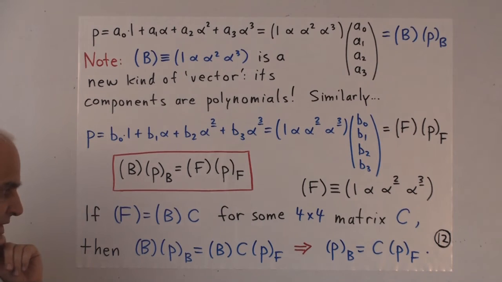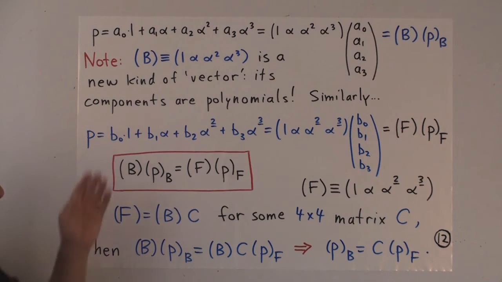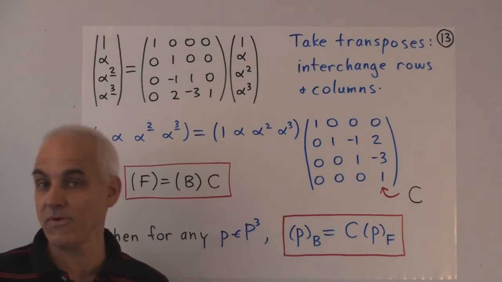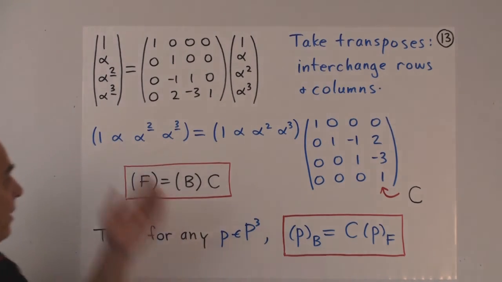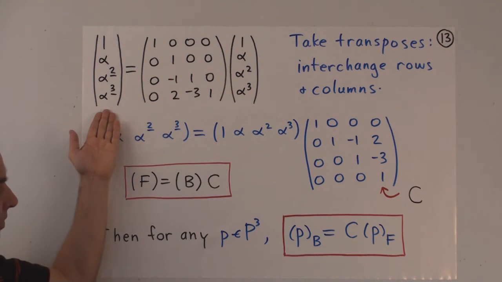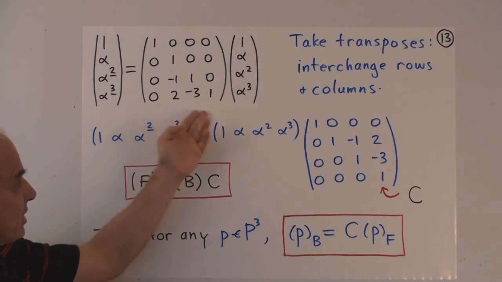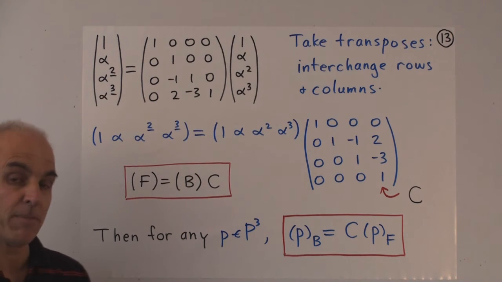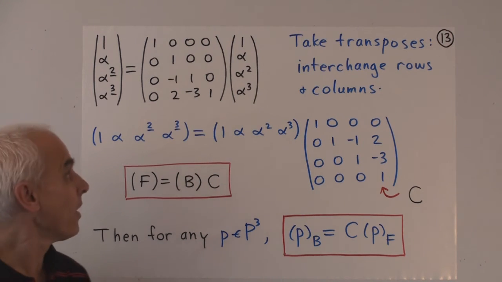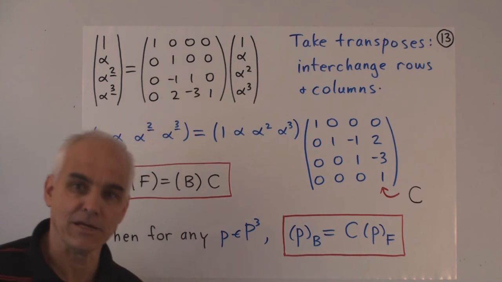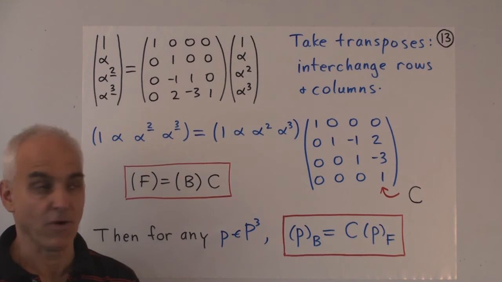Please make sure you think about this little scenario. Now we'll illustrate it in our situation over here. Here's the relationship between the two bases that we've already written down. Here are the falling powers. Here are the standard powers. This matrix is essentially the Stirling matrix of the first kind with appropriate minus signs. So like a signed Stirling matrix of the first kind.